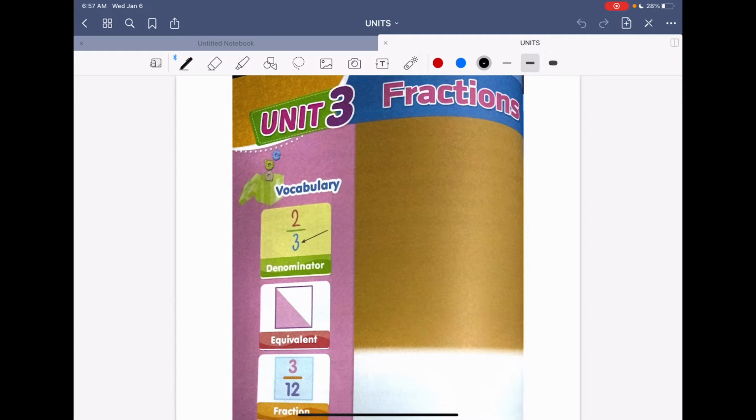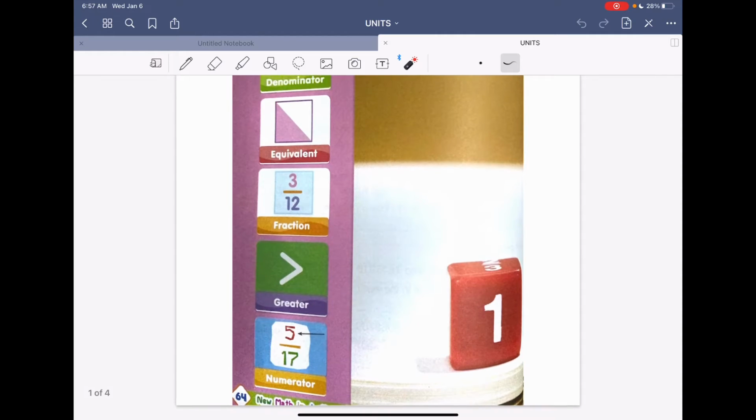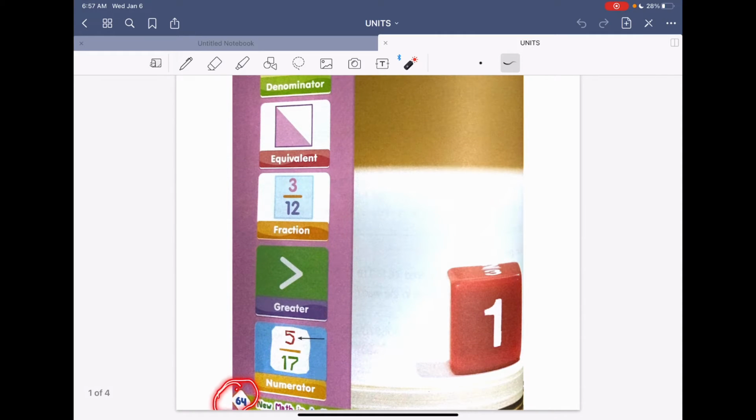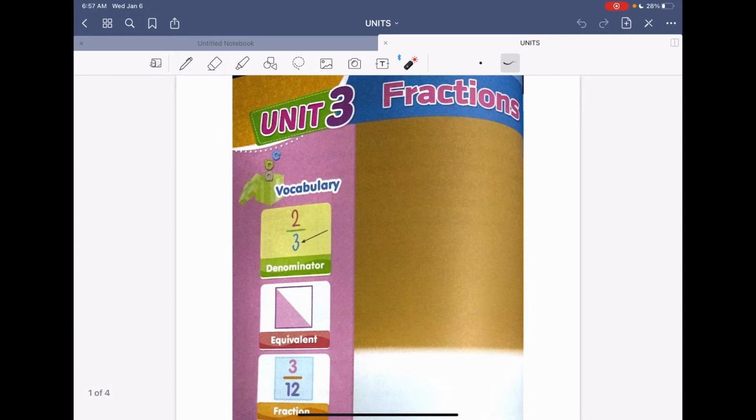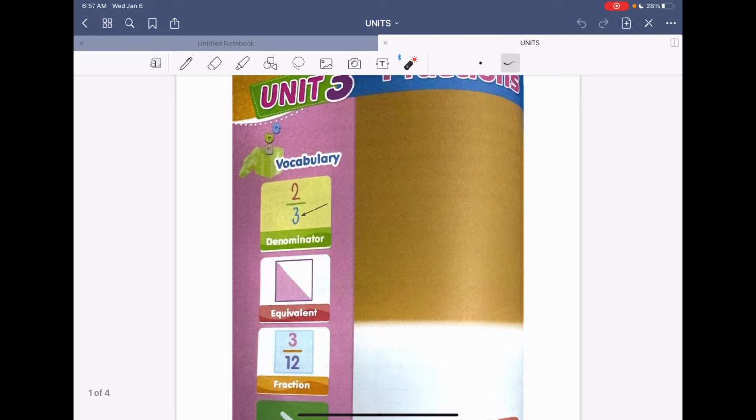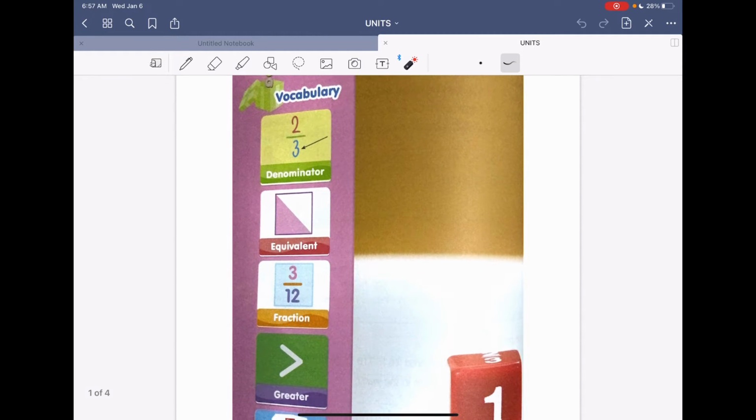Let's begin today and turn our books to page 64. Page 64 in our math workbooks. Today, we're going to be talking about fractions. So, we're going to be learning a few vocabulary words today, such as